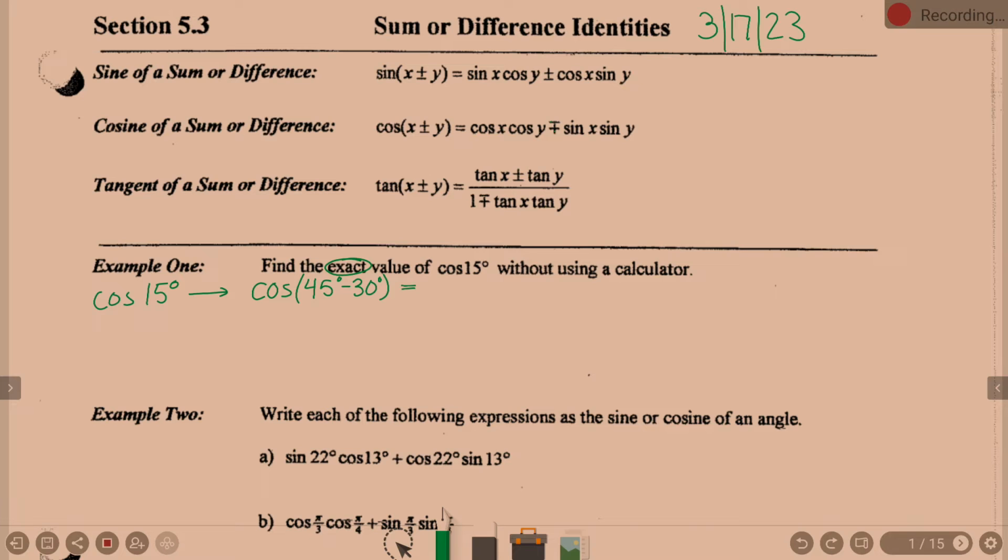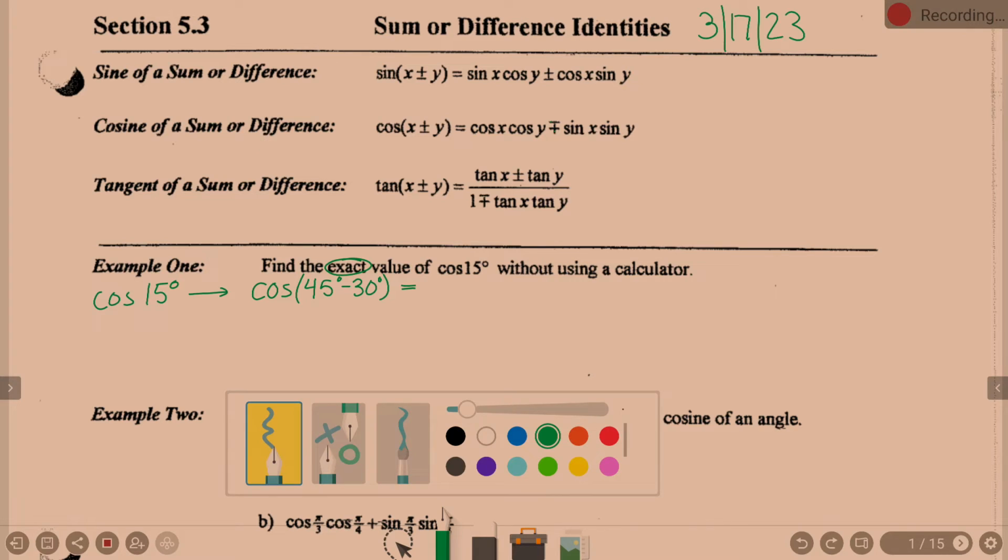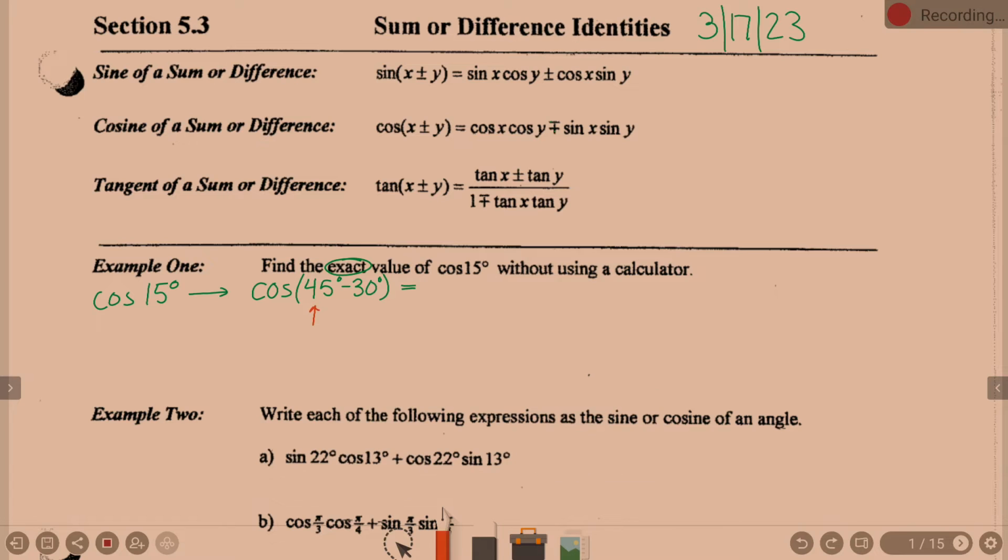So now, we're going to set up our formula. And when we set up our formula, think in terms of 45 degrees is in the position of x. 30 degrees is in the position of y. So every place we see an x, we're going to replace it with 45. Every place we see a y, we're going to replace it with 30. So let's write it out. Cosine of x plus or minus y is cosine x cosine y. So that's going to be cosine of 45 degrees times cosine of